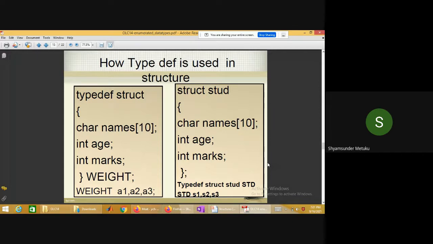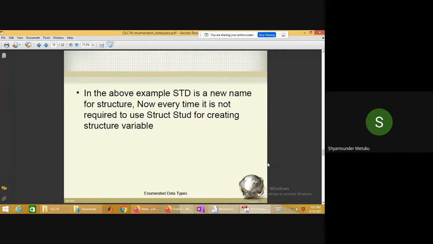Now onwards, whenever you want to define a structure variable belonging to student, you simply write std s1, s2, s3. So we are reducing a lengthy name to a simple name by using typedef. In the above example, std is a new name for the structure. Now every time it is not required to use struct student. Instead, you can simply use std for creating the structure variable.